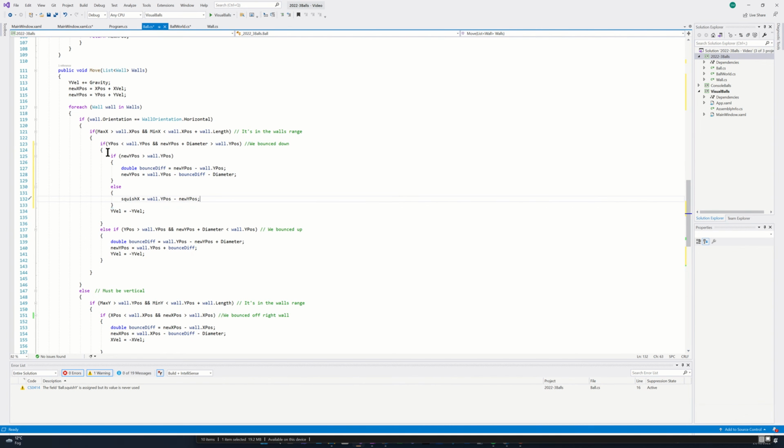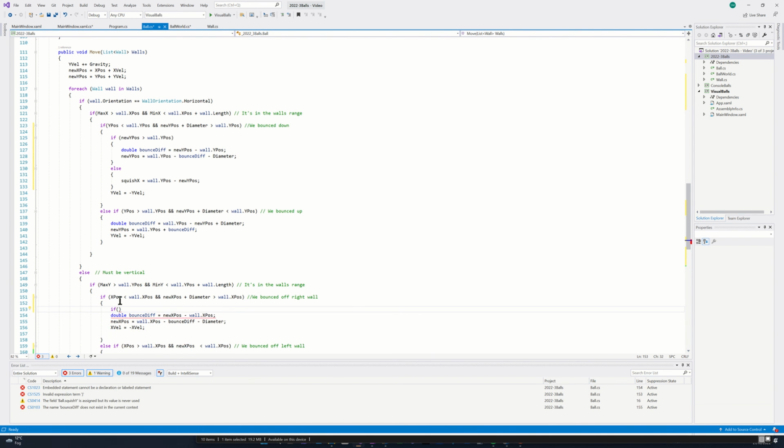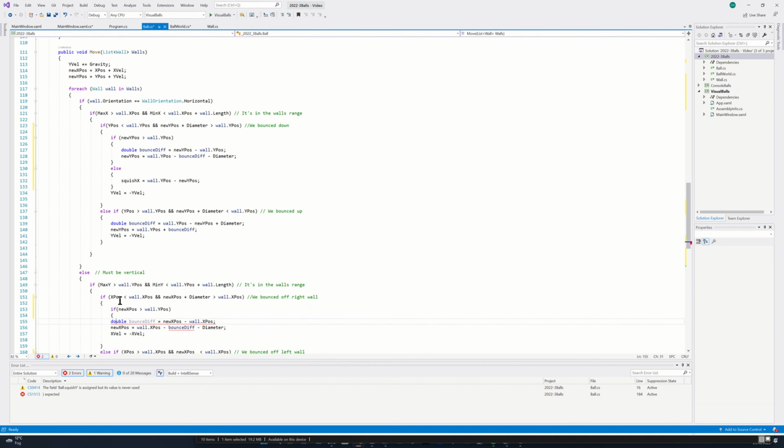So what I'm going to do is use that to tell me how I'm doing this one. So I'm going to add diameter here. And then if new X pulse is greater than wall dot X pulse,